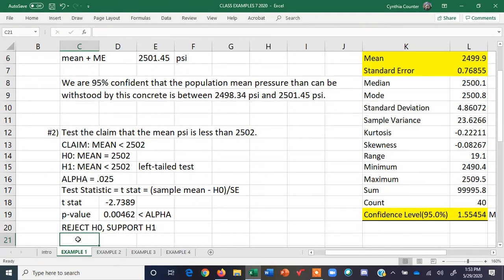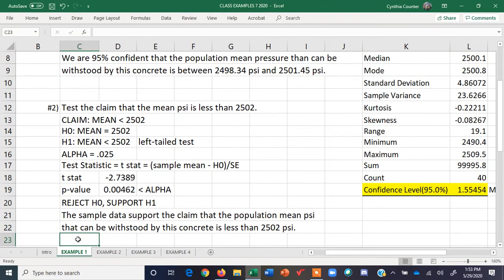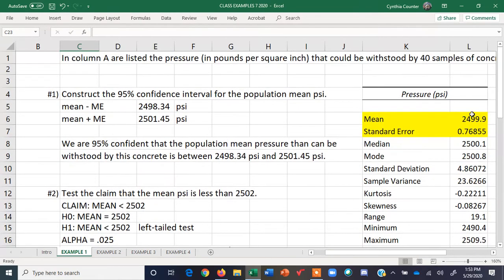The alternative hypothesis is our claim, so the sample data support the claim that the population mean PSI that can be withstood by this concrete is less than 2,502 PSI. So what that means then is the difference between our sample mean, this 2499.9, the difference between the